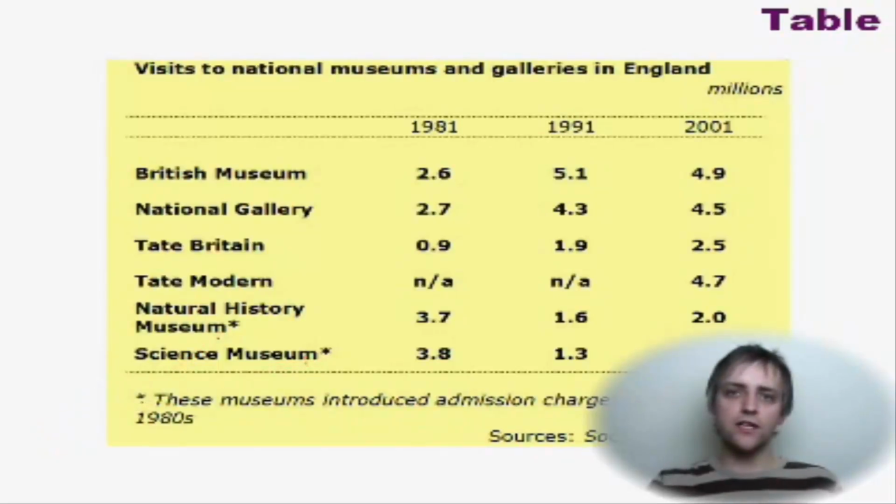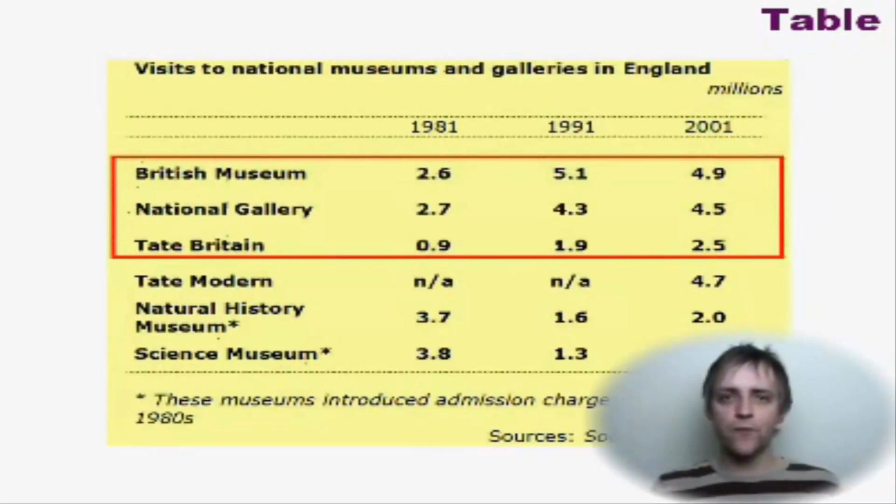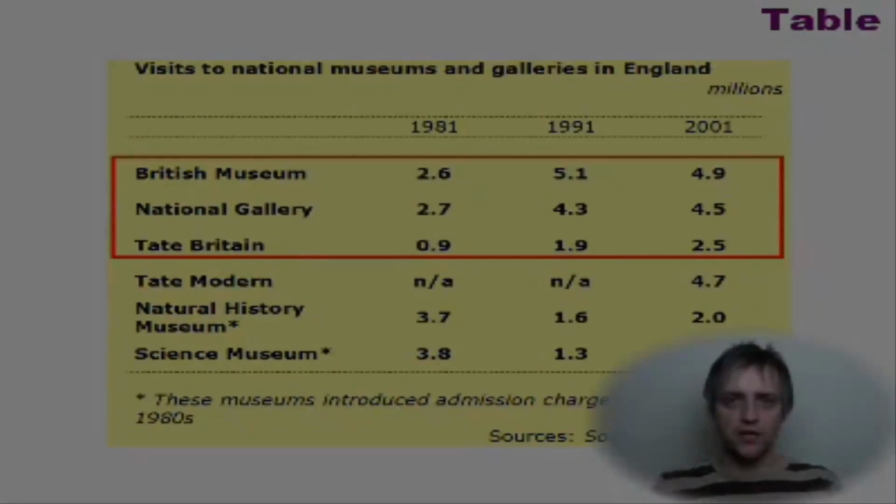Now, looking closely at the data in this table, we can see that the table presents it conveniently for us in terms of paragraphing into three different sections. Okay, this first section, which I have a red box over, the trend is upwards. Okay, just look at the first year and the last year, and you can see that the